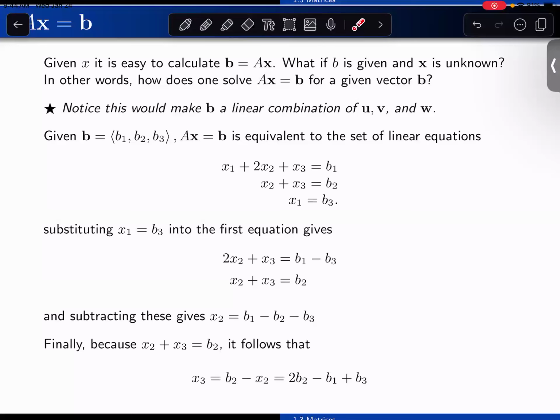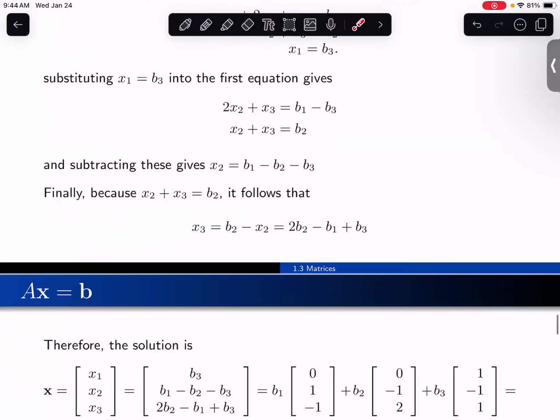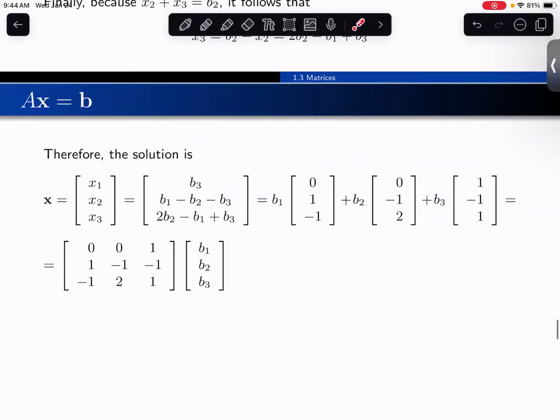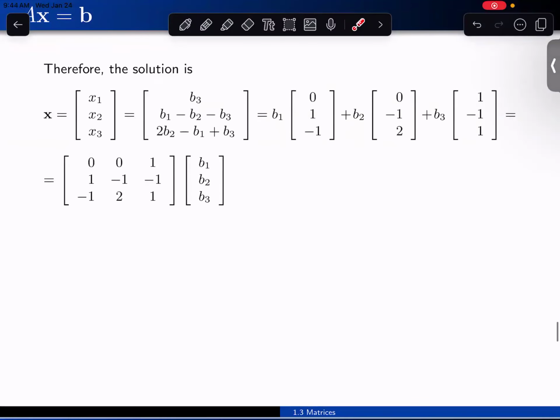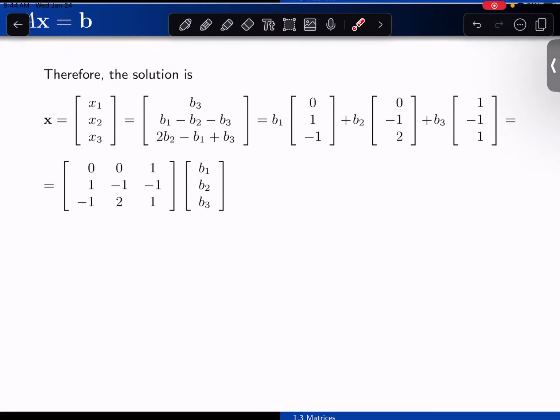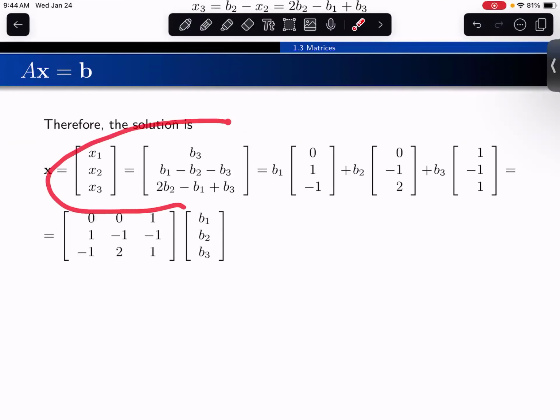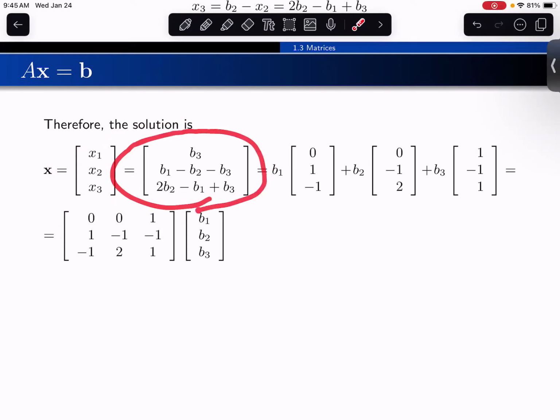Okay, and this is kind of, maybe this isn't the best word, a primitive way of doing things. It's like what you did in high school. We're going to learn much more sophisticated means of determining what this stuff is going to end up being equal to. And so once you have that x1, x2, and x3 is expressed in terms of b1, b2, and b3